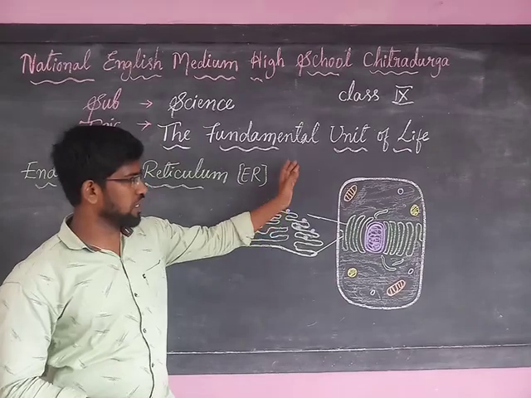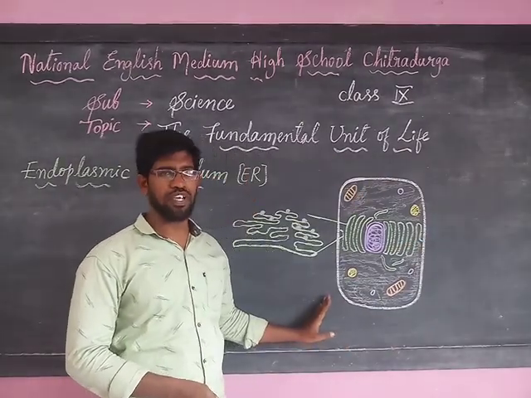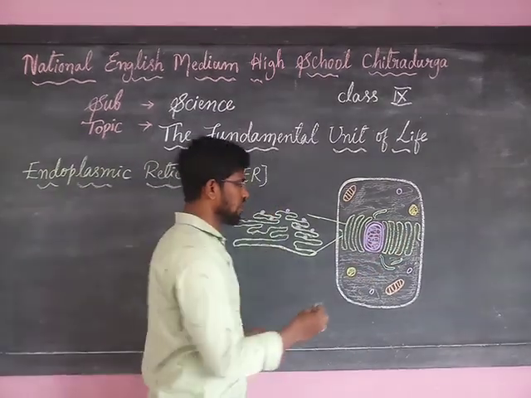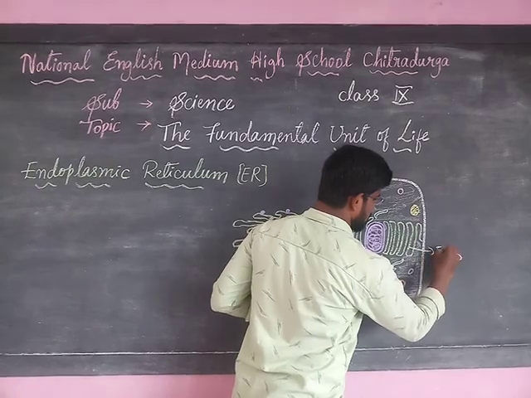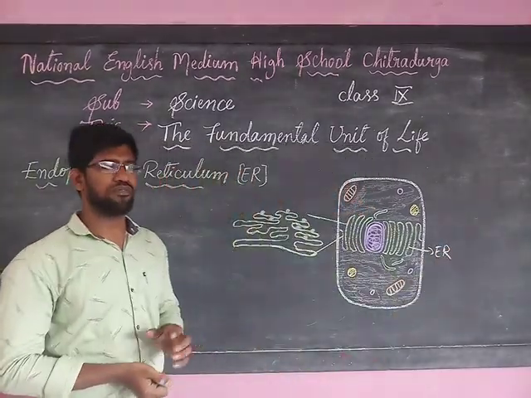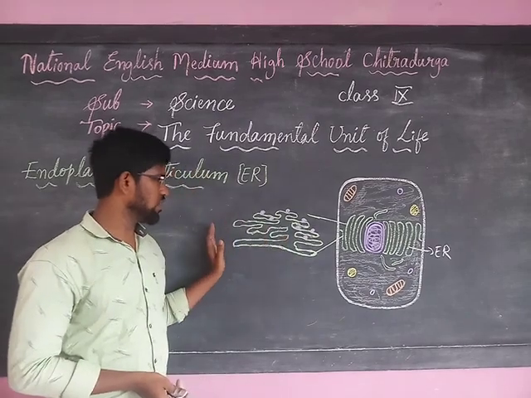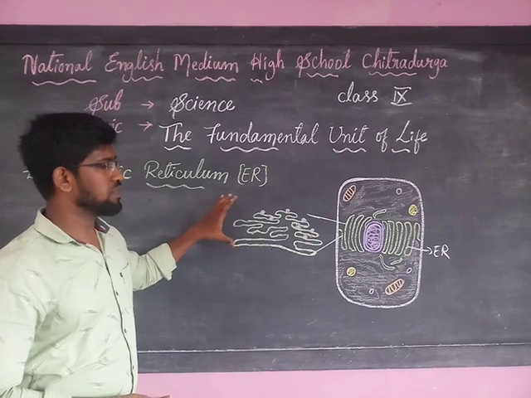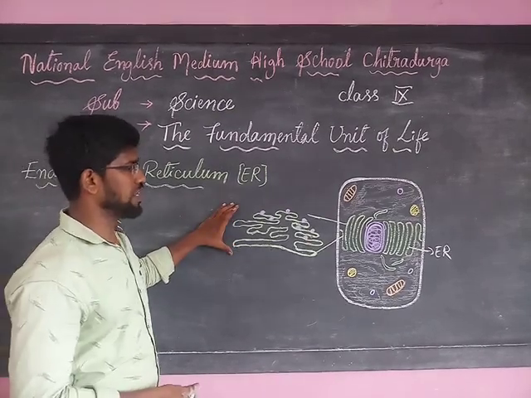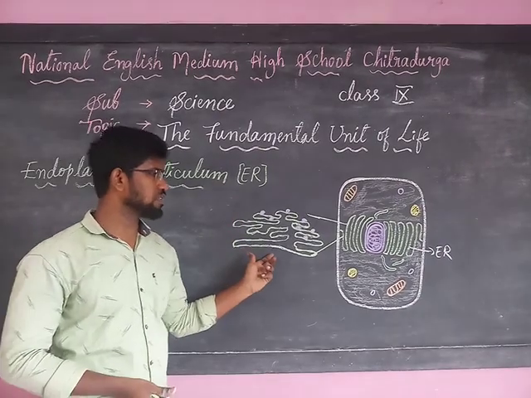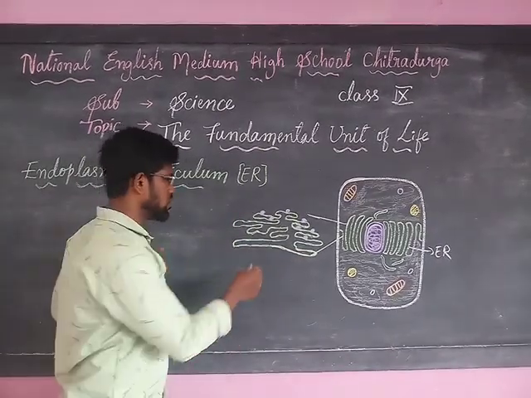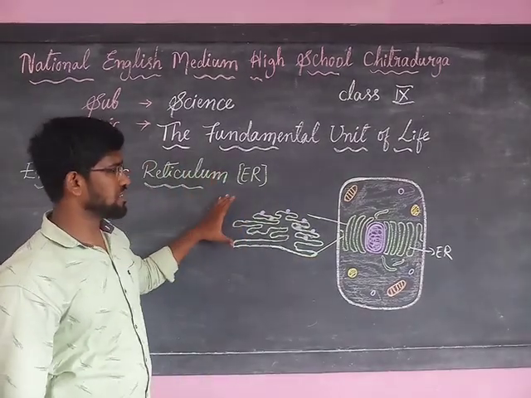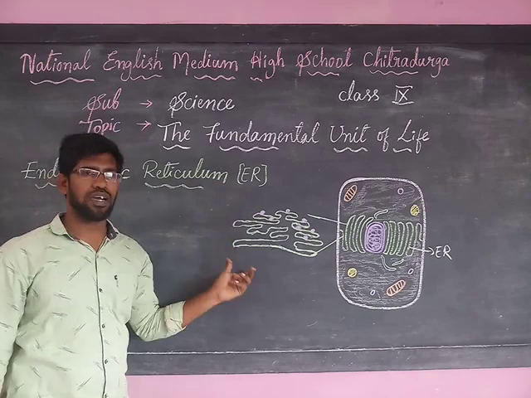This endoplasmic reticulum is found in this diagram of a cell. We can see the green color which surrounds the nucleus; it is called the endoplasmic reticulum. When we zoom in, it will look like this picture. This endoplasmic reticulum is a large network of bonds of tubes and sheets. You can see that they look like tubes and they are placed like sheets. That's why it is a large network of bonds of tubes and sheets.